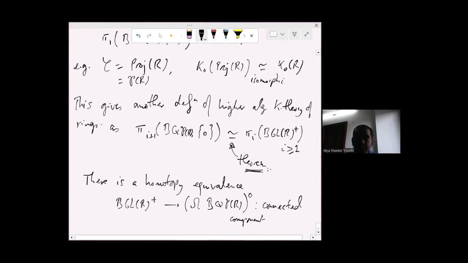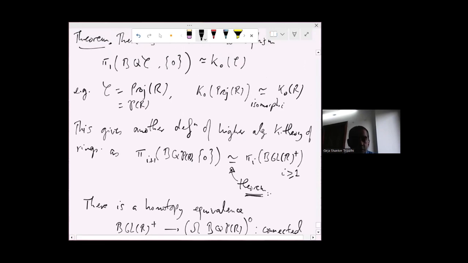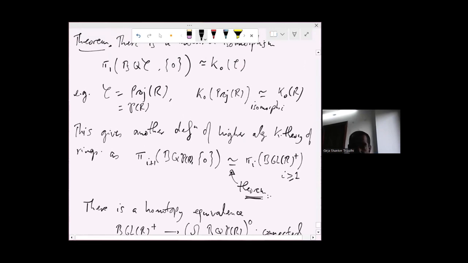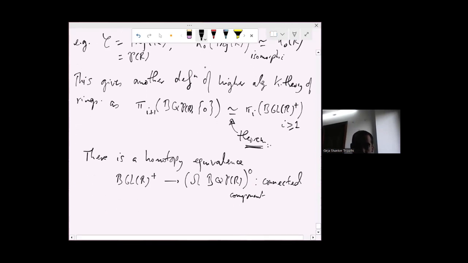So this is a significant theorem. Yeah, so maybe I should take one thing back. So this is actually, maybe not that significant. This one could sit down and try to work out. But this one is a significant theorem, that BGL R plus